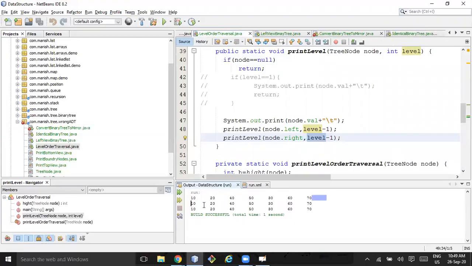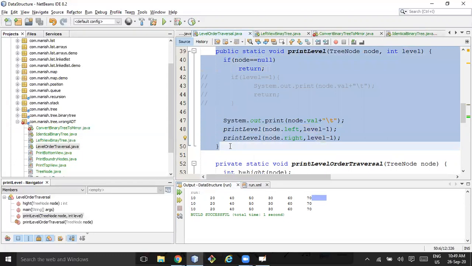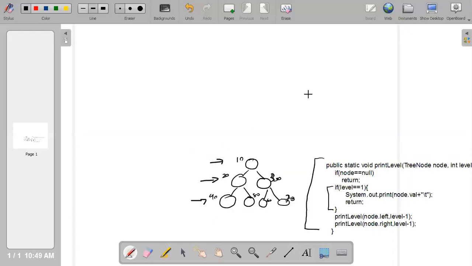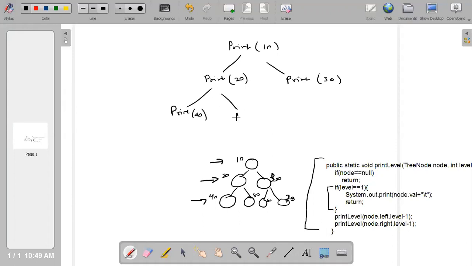Okay, so if I draw the stack trace of this particular problem, how you are going to do it is, first it is print of 10, right? So print of 10 is calling print of 20 and print of 30. Then print of 20 is again calling print of 40 and print of 50. And this is calling print of 60 and print of 70.